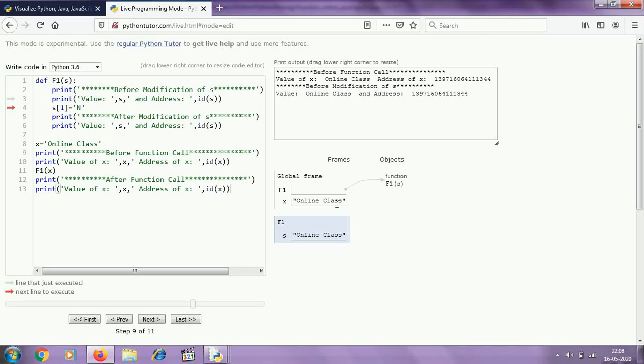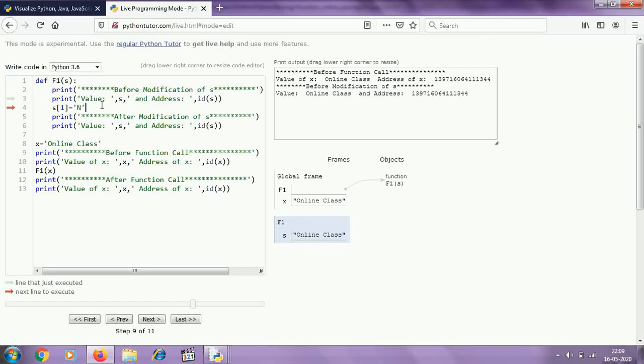But in case of string and tuple, we cannot change them because they are basically constant values. We can traverse a string, we can concatenate more than one string, we can do membership operations, but we cannot change any element of a string. So we must remember this.